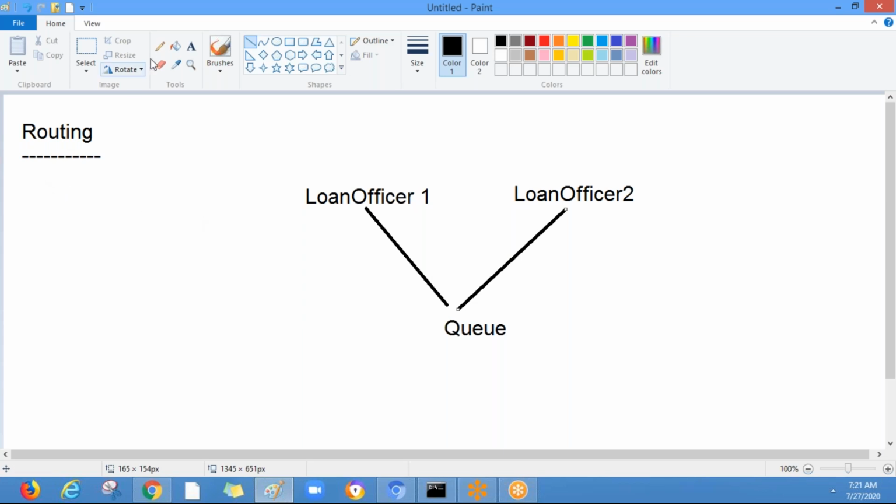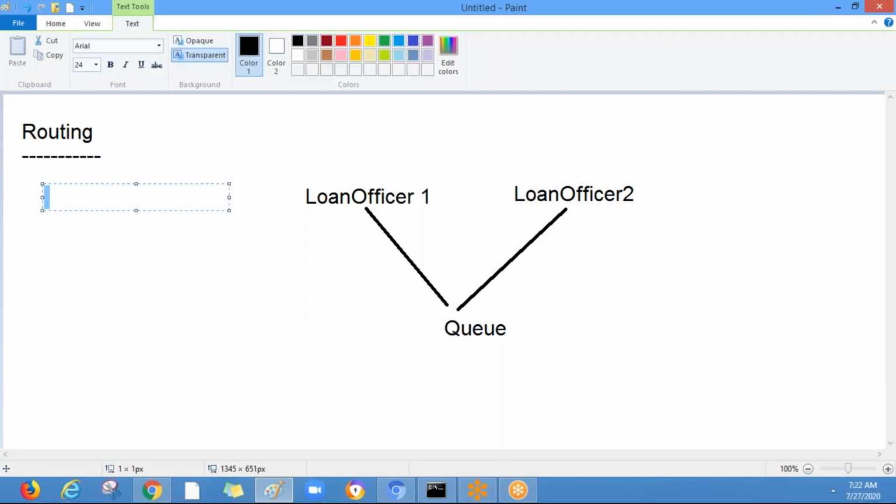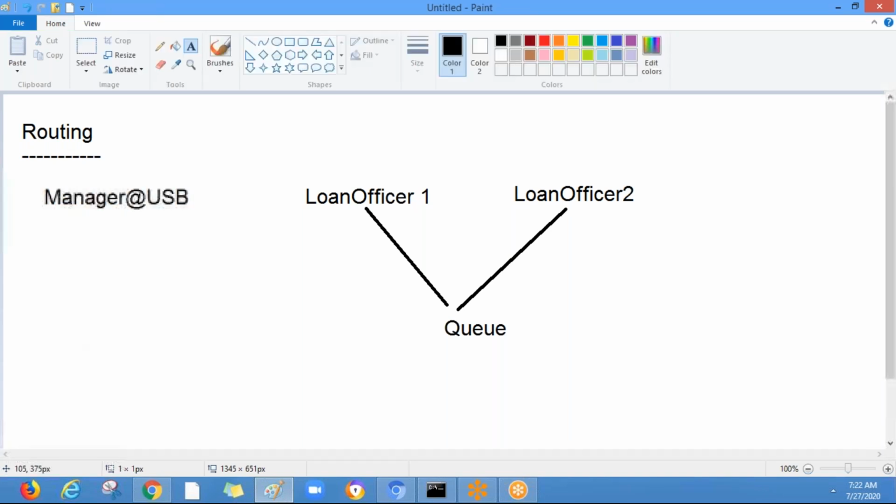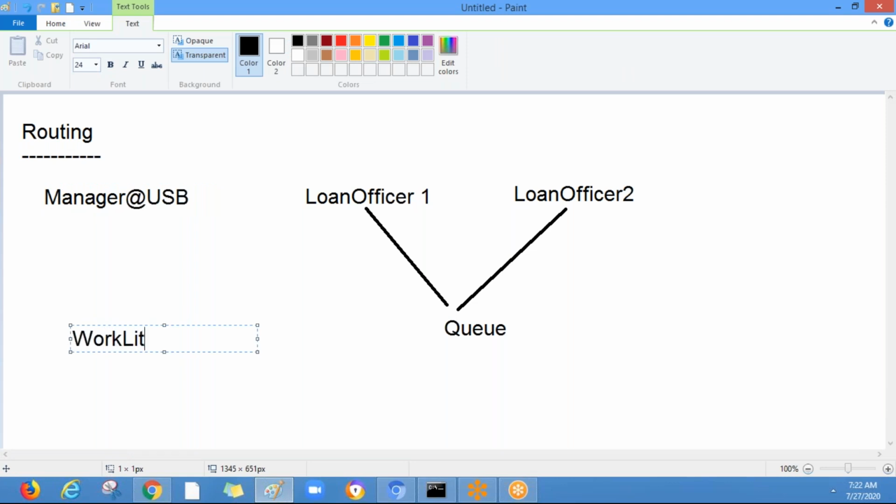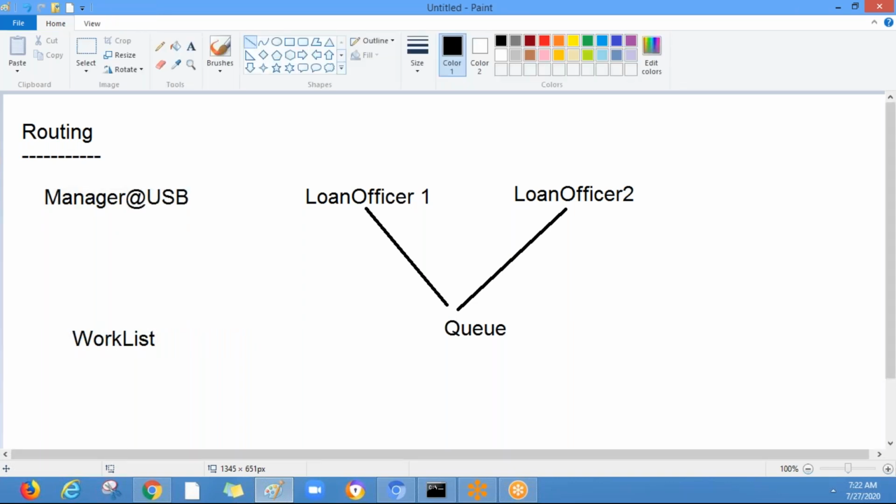The work list is nothing but routing an assignment to a single operator. We have a manager assignment that will be routed to the manager USP. Only if you put manager USP in the assignment, only the manager can perform that.